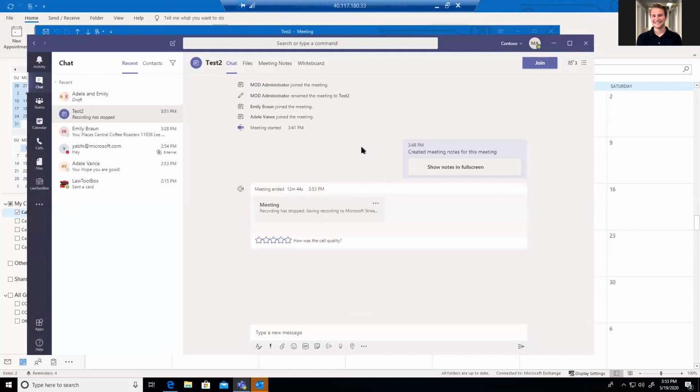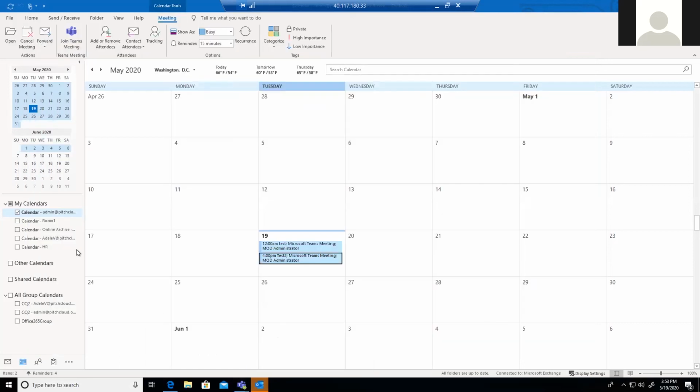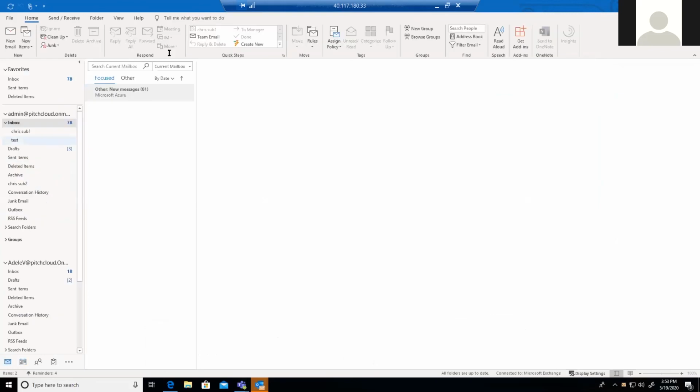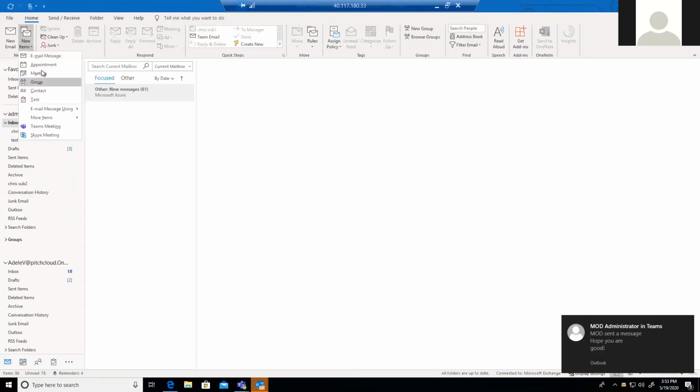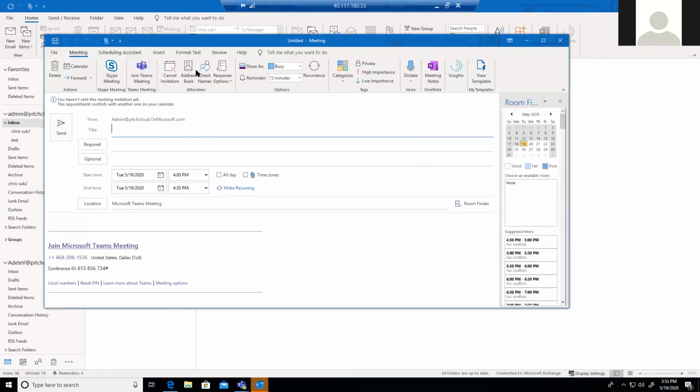Okay, so I think most of the options I have already showed you, but in a specific thing, if you want to manage it, when you are the organizer, you have to do all of the other things. Like when you're creating the meeting itself, you have the meeting options. So let me just go to this, and let me create a Teams meeting right there. And there is a meeting options over there.